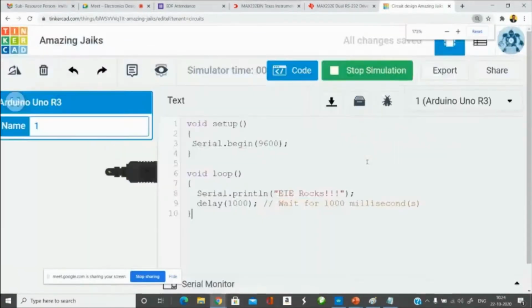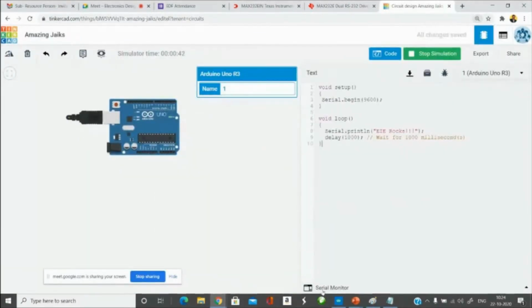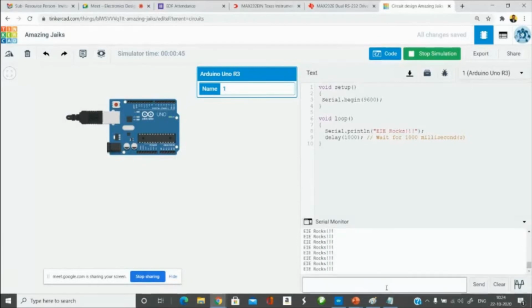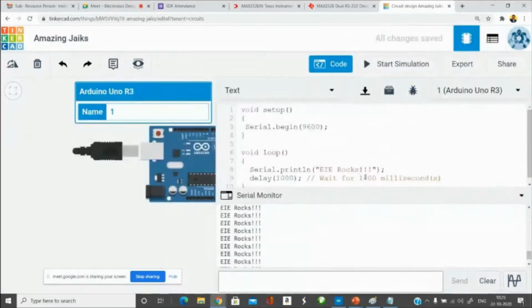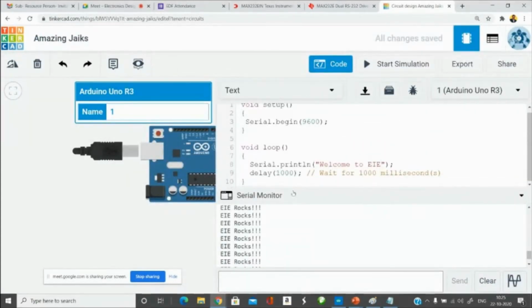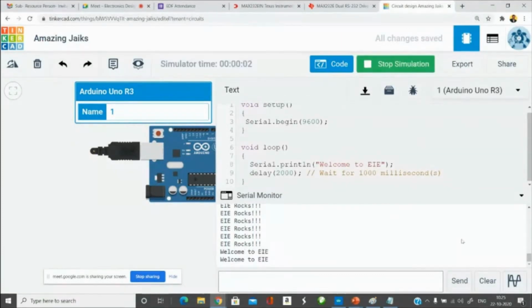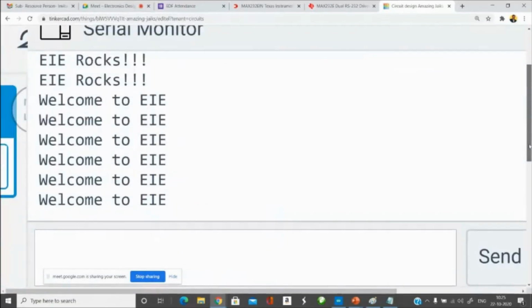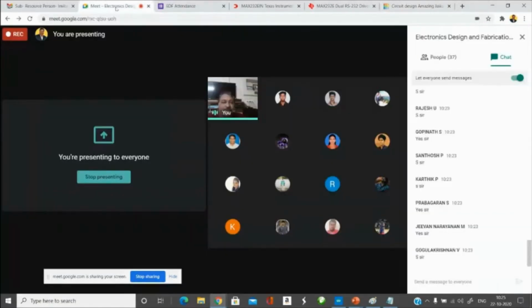I hope you are seeing this in the serial monitor. This is where we type the source code. In the code window, at the bottommost part, there is a provision for serial monitor. So that is where you see the output. So you stop the simulation and you change the source code here. So put Welcome to EAE. I increase the delay period to 2 seconds for the simulation. So you can see that it is now getting printed, in this case, every 2 seconds. Okay, so that is serial transmission.